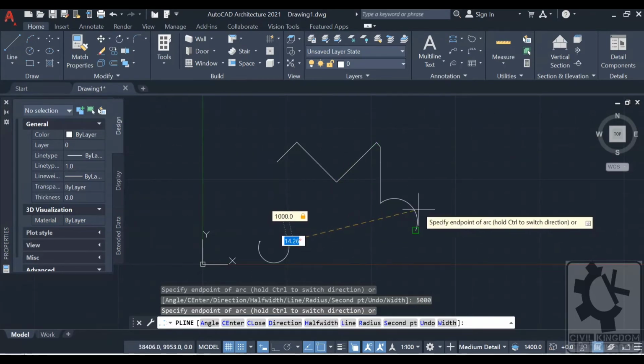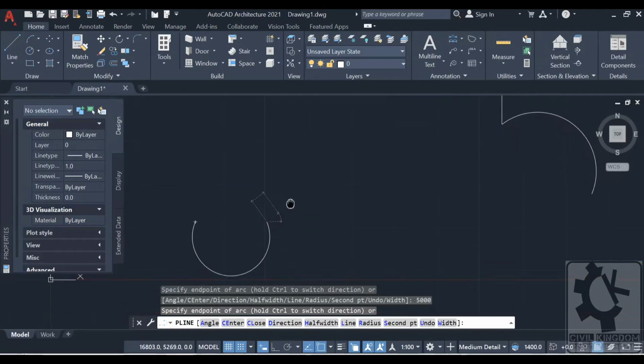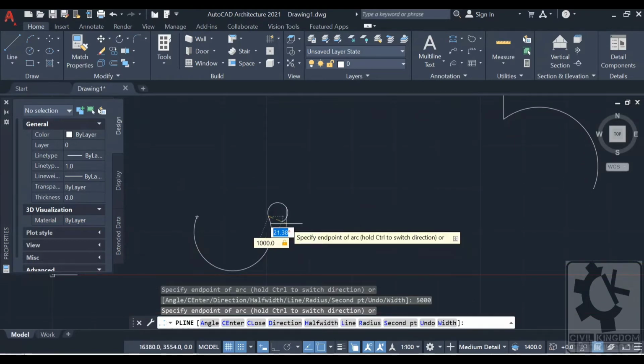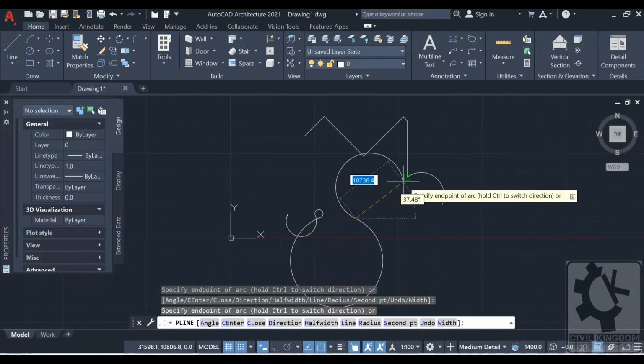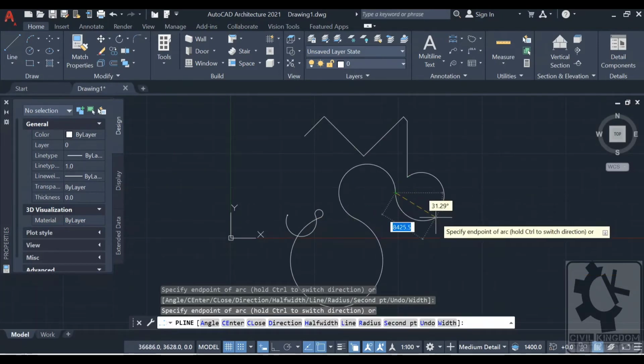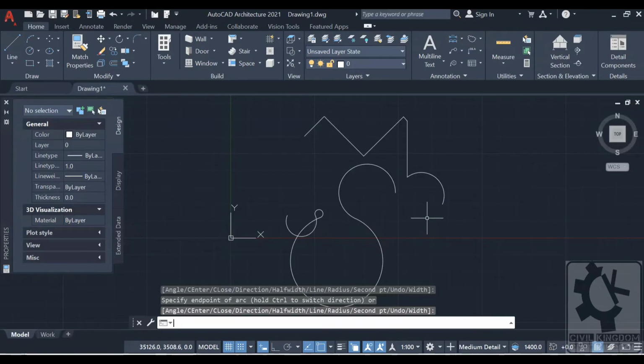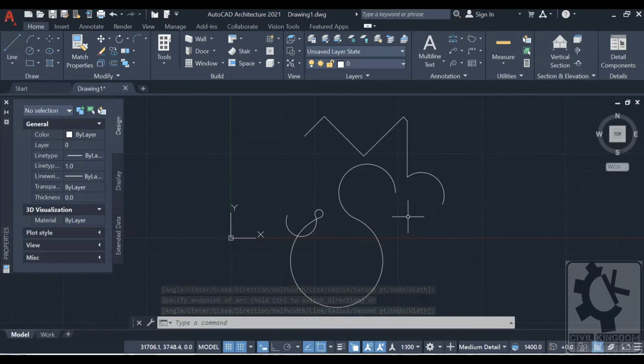But in case of polyline, you can modify as you like, and you can draw as much as you like. And to end the command, you need to press the enter key in your keyboard, and to repeat the command again, you need to right click of your mouse, and it will repeat the command again. Okay.